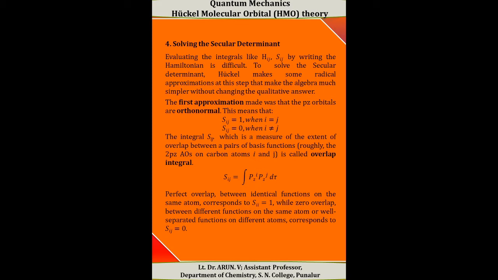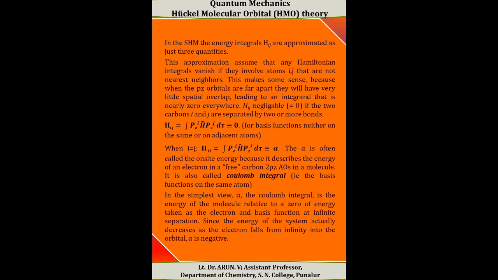For a perfect overlap between two identical functions on the same atom, the value of Sii is equal to 1, while for a zero overlap between different wave functions of the same atom, or well separated functions of different atoms, that corresponds to Sij equal to 0. In the simple Huckel method, the energy integrals, that is Hij, are approximated